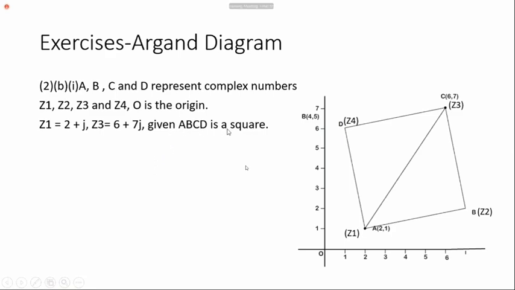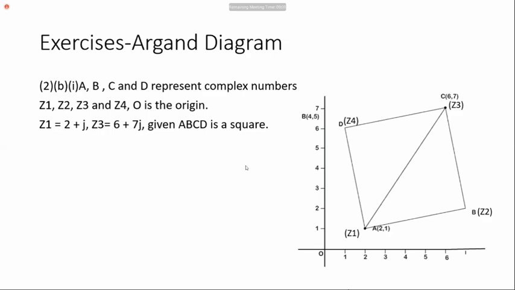See, given ABCD is a square. Now the problem is how can we find the complex numbers B and D, right? Actually, I have taken this question from the textbook. When I tried to get the solution, I felt it would be difficult for you, not for me. This is a little bit difficult question. Don't worry if you cannot understand, because it goes a little beyond your requirement. It is not that difficult, but some strategy has to be applied. Can you understand what I am saying?